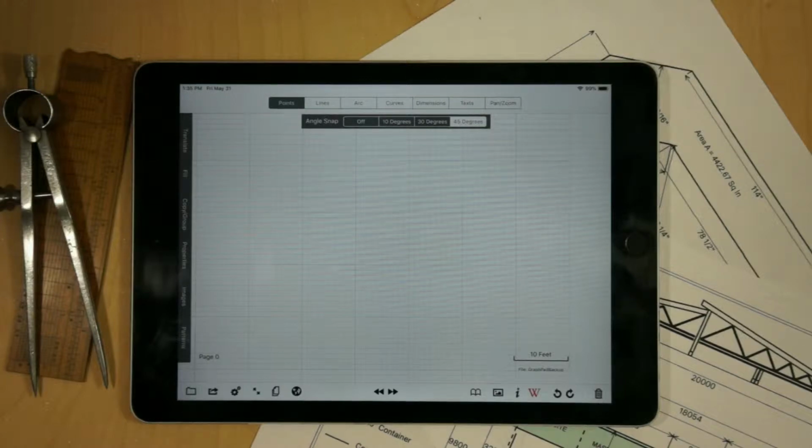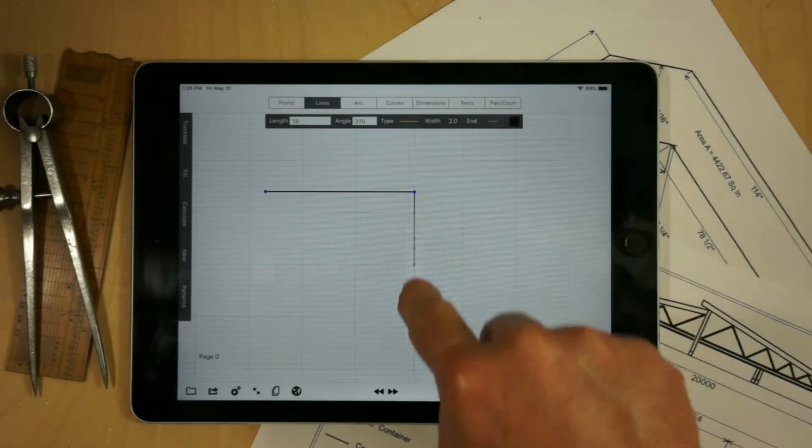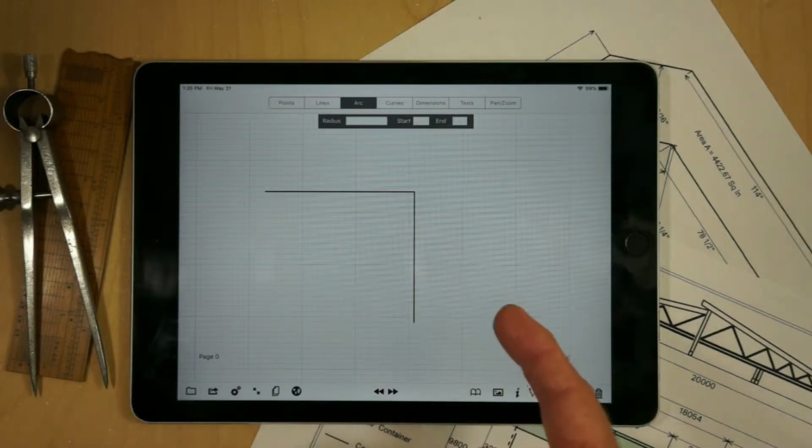In the following video, I'm going to demonstrate a feature which I very much wanted in GraphPad concerning arcs, but at the same time it's going to show how the feature works and then introduce some of the quirks of GraphPad. One of the things I wanted to be able to do was calculate an arc between two